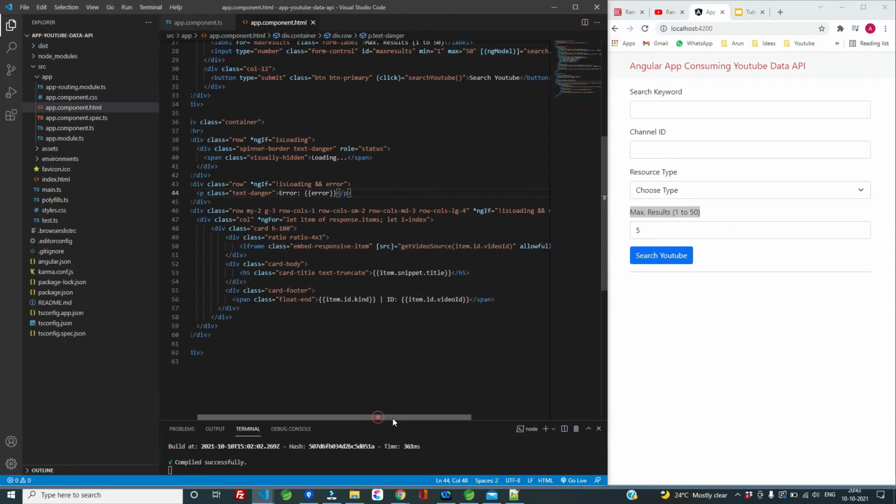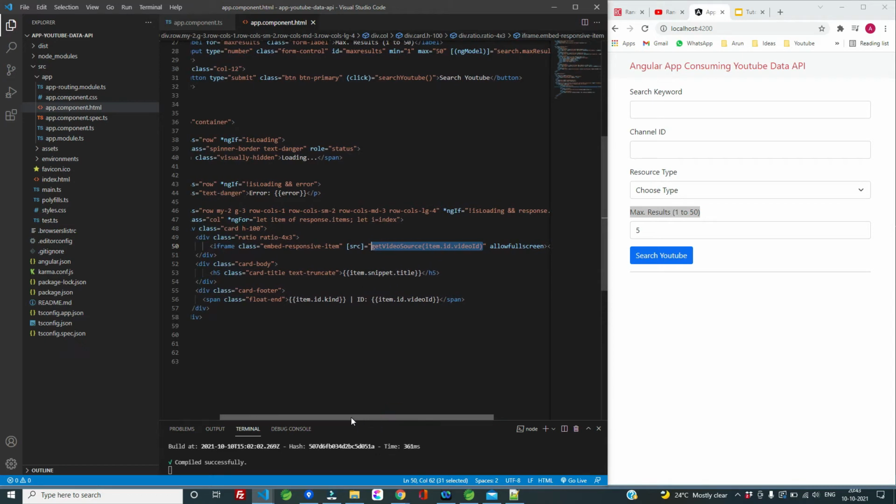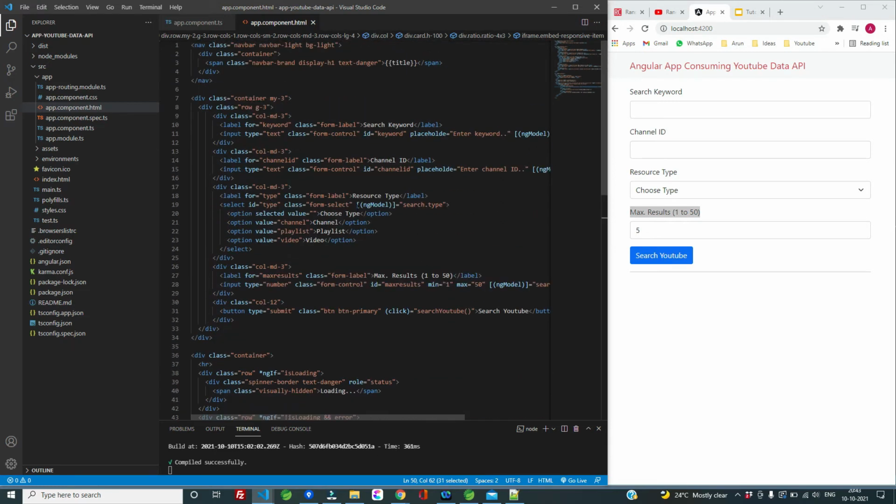We have added another method here. Using the video ID, we will be trying to generate embed code. So this is all about the HTML code that we have.